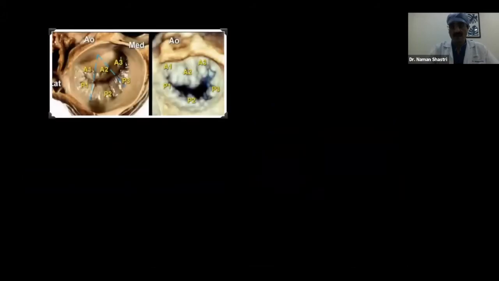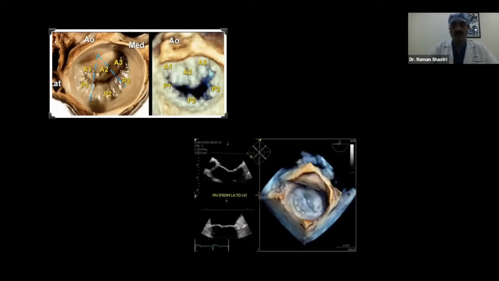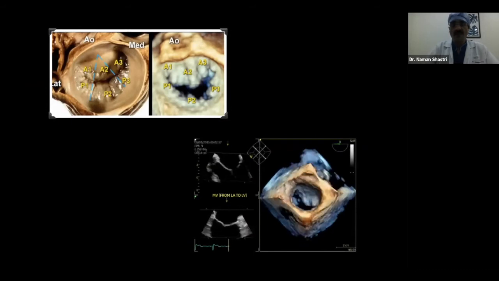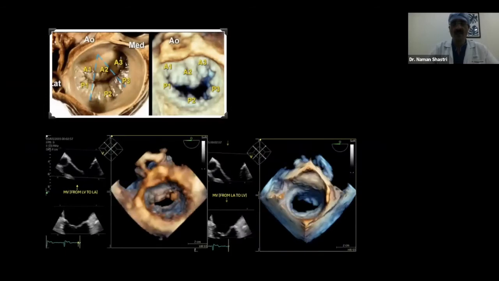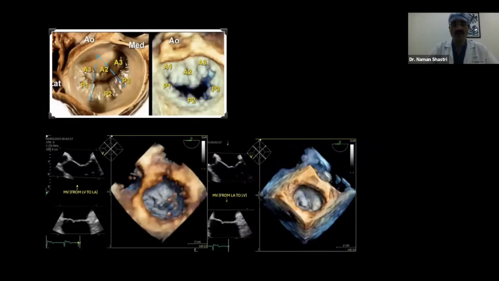Carpenter has given a nice nomenclature to the segmental analysis of the anterior and posterior mitral leaflets. We all know that it is A1, A2, A3, and P1, P2, P3. The advantage of 3D echocardiography is that we can have the same segmental analysis from the LA aspect as well as the LV aspect, and assessment from the LV aspect in the same American Society of Echocardiography based guidelines, where